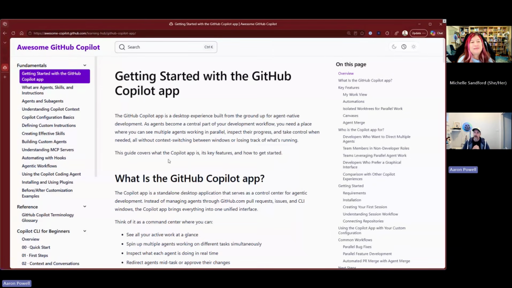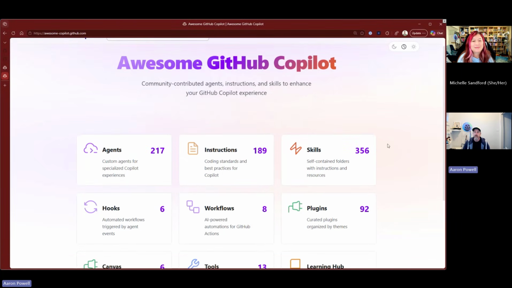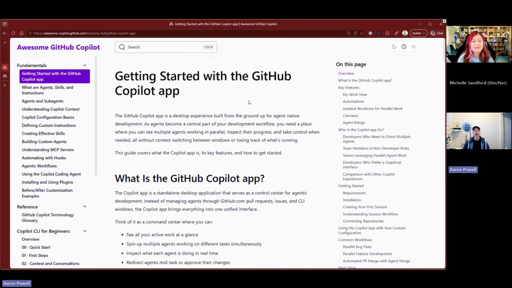Yeah, and to that point, we're trying to build out the documentation around the Copilot app at the moment. It's been out for the grand total of about 2 weeks, at least at the time of recording. Obviously, it'll be a bit longer when this episode does get published. But we recently added to the Awesome Copilot website. If anyone hasn't seen it, it's awesome-copilot.github.com, and that's where we have all these skills and agents and things like that. We also have this learning hub, a knowledge base where we're trying to document best practices and good insights.